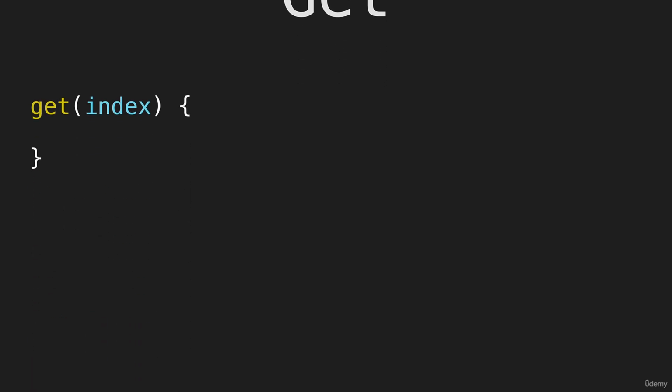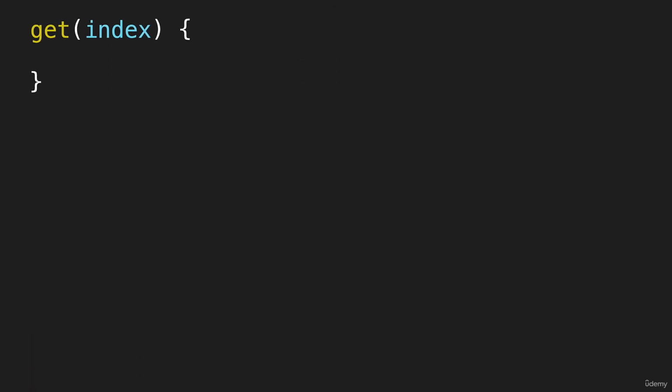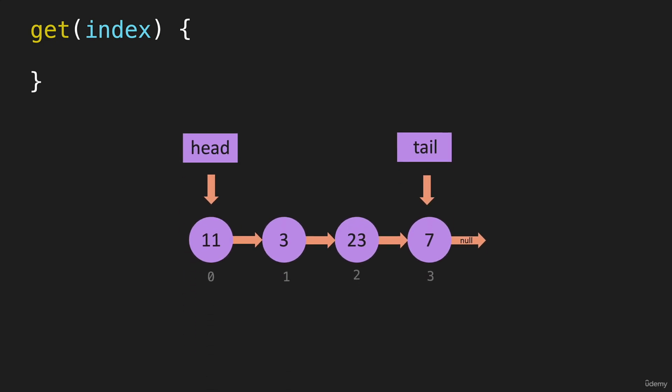Okay, so now let's do the get method. And with this one, we're just going to get a node at a particular index. So if you want to code this, pause it here. Otherwise, we'll start building this out. I'm going to start with a singly linked list, and we'll walk through this, and then we'll look at